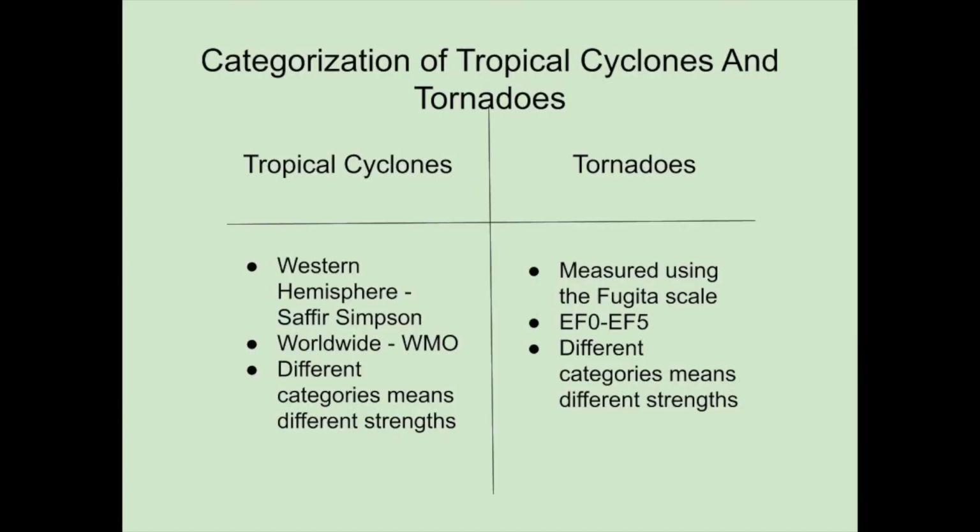In the Western Hemisphere, we categorize them using the Saffir-Simpson scale, from tropical depression and then tropical storm and then hurricane 1-5, while on a worldwide basis, alternatively, the WMO system, we categorize them from tropical depression, then tropical storm, then severe tropical storm, then typhoon, then super typhoons. Tropical depressions are usually not a particularly strong storm, with winds peaking at 55 kilometers per hour, 34